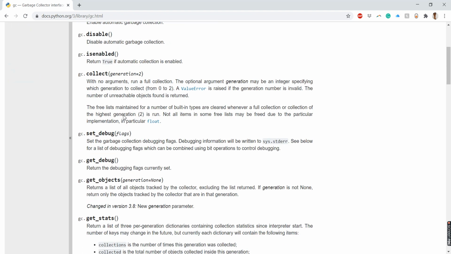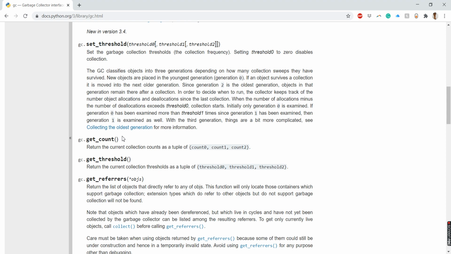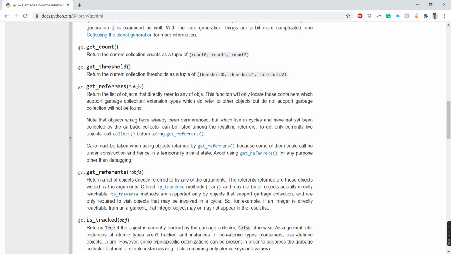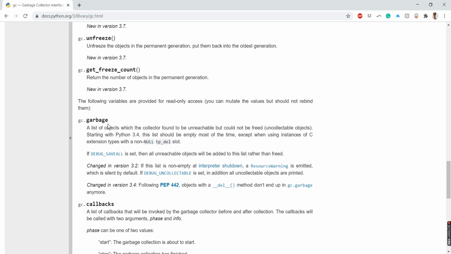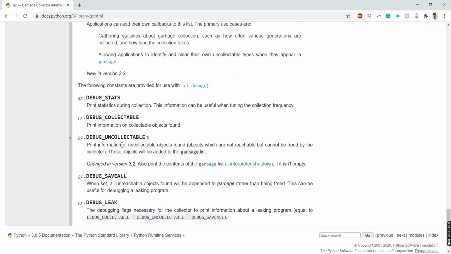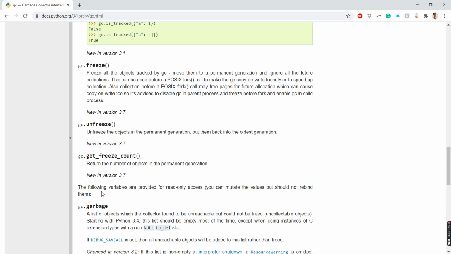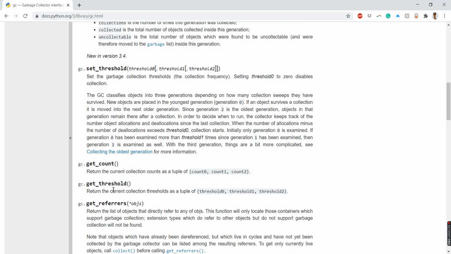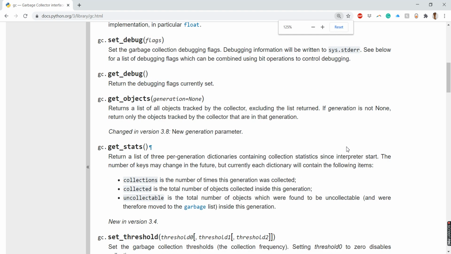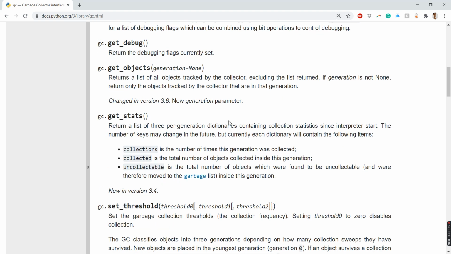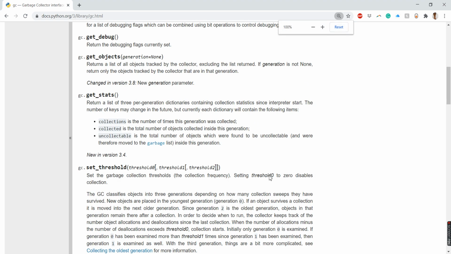All the methods that we saw in this video, like get_count and is_tracked, then there are other methods like freeze, garbage, and threshold, which we saw for automatic garbage collection. Then for gc.get_stats, the 3 variables: collections, collected and uncollectable. You can read this doc for more information about garbage collection in Python.